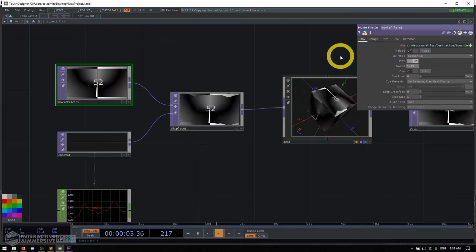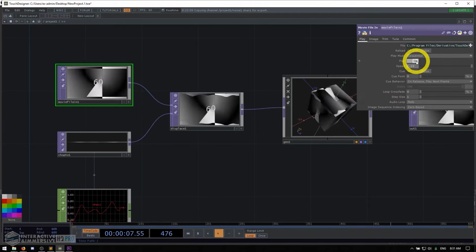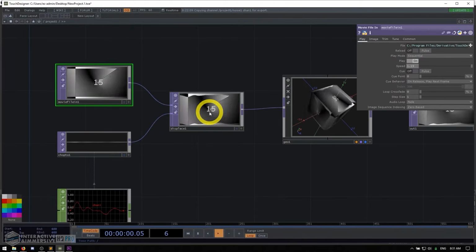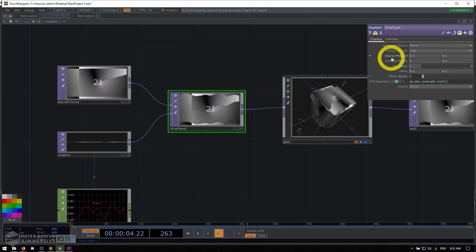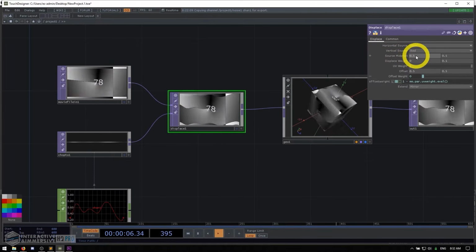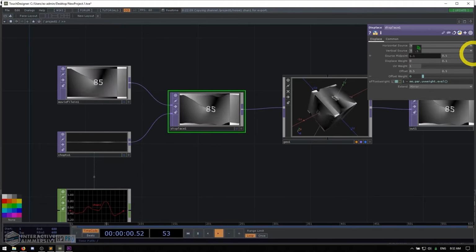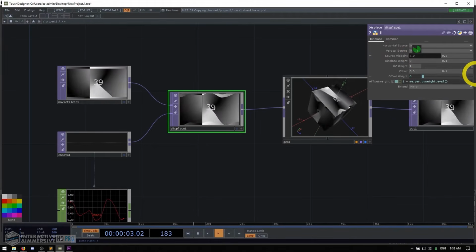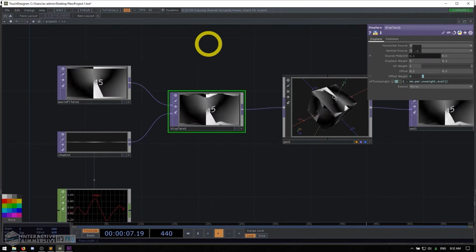And you can use it on basically any kind of value-based parameter. You probably wouldn't want to use it on a toggle or anything like that. I can't imagine why you would. But for example, if we go to this displace top here, and let's say we wanted to change the source midpoint, I could put my mouse over this 0.5 value and just as easily start tweaking it and moving my mouse around to scrub through values very quickly and very easily.